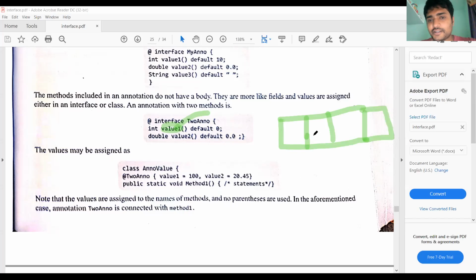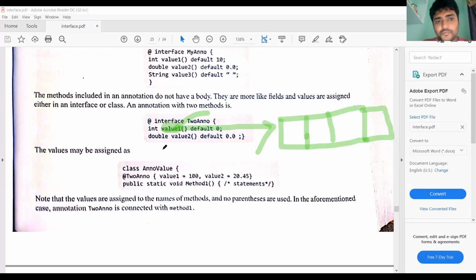We have 4 values for this method value. Here the method can be treated as some variable, some field. For this we have the default value as 0. We can assign the values for value1, value2 also. We can assign the values for this method also.